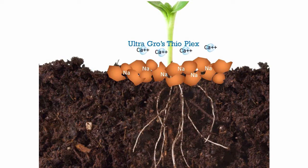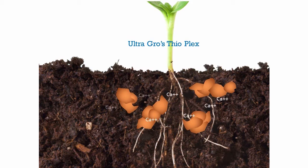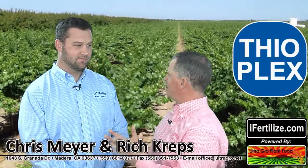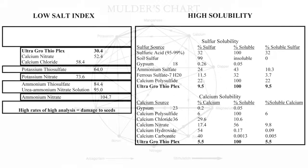So it's funny that we've got a product called Thioplex that UltraGrow has created as a proprietary product. There are a lot on the market that are trying to inoculate your soil with calcium, sulfate, and potentially elemental sulfur, but not many that work nearly as well as Thioplex. And having a combination of calcium, of sulfate, and sulfur in a tetrahedral pattern where you can kick off elemental sulfur as well as sulfate, so having the effect of acidifying the soil a little bit in the root zone